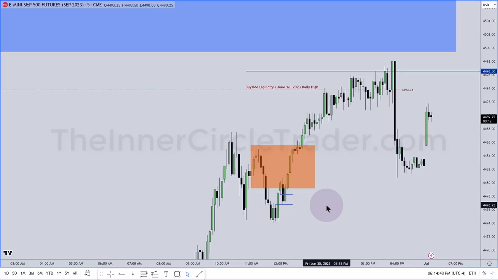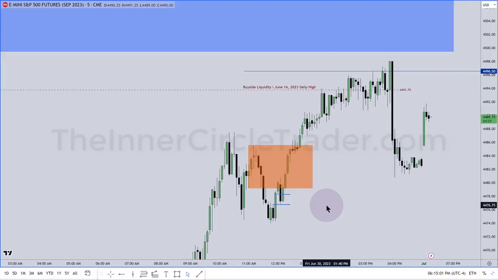I'm not a support and resistance trader. I have given you a language so that way you can see how the algorithm itself that delivers price will react and respect specific price levels. Now, if we take this information